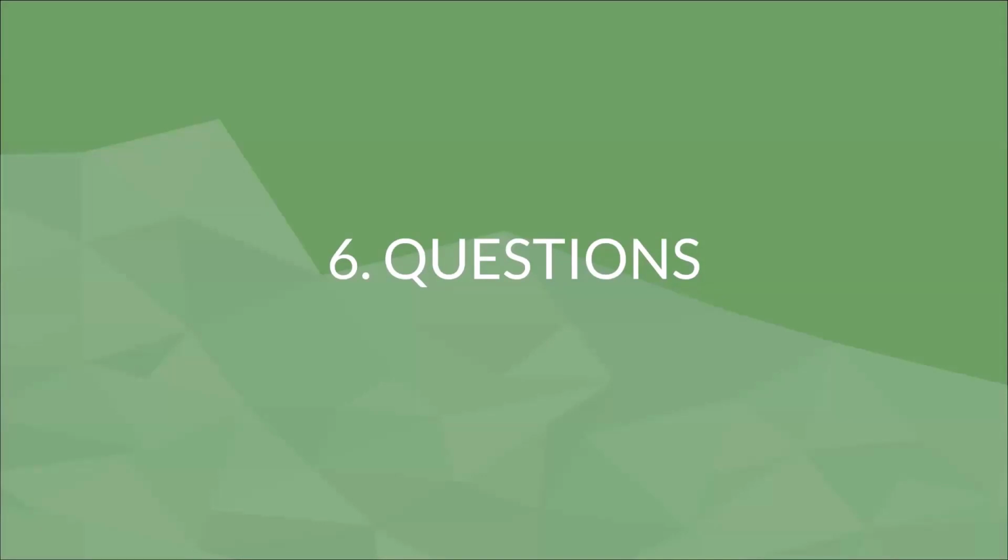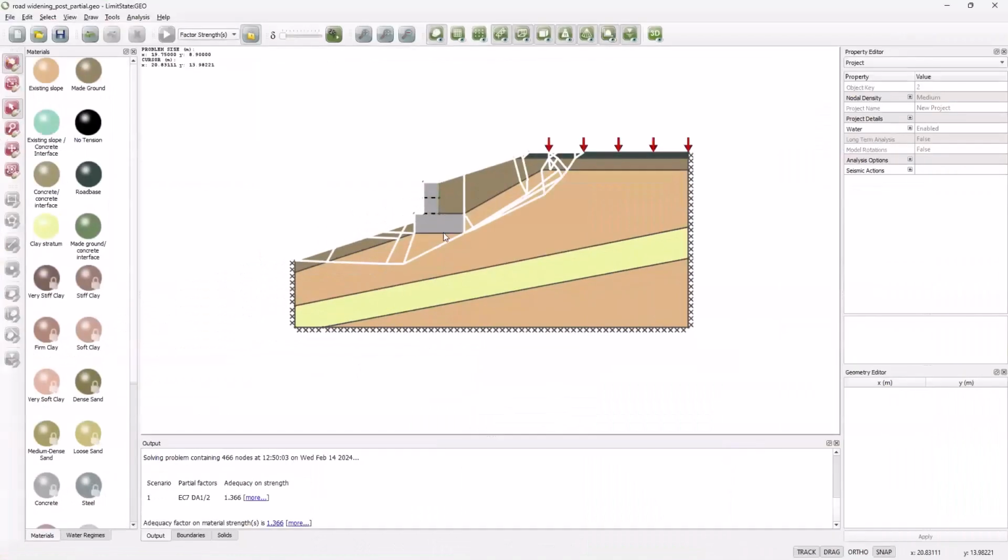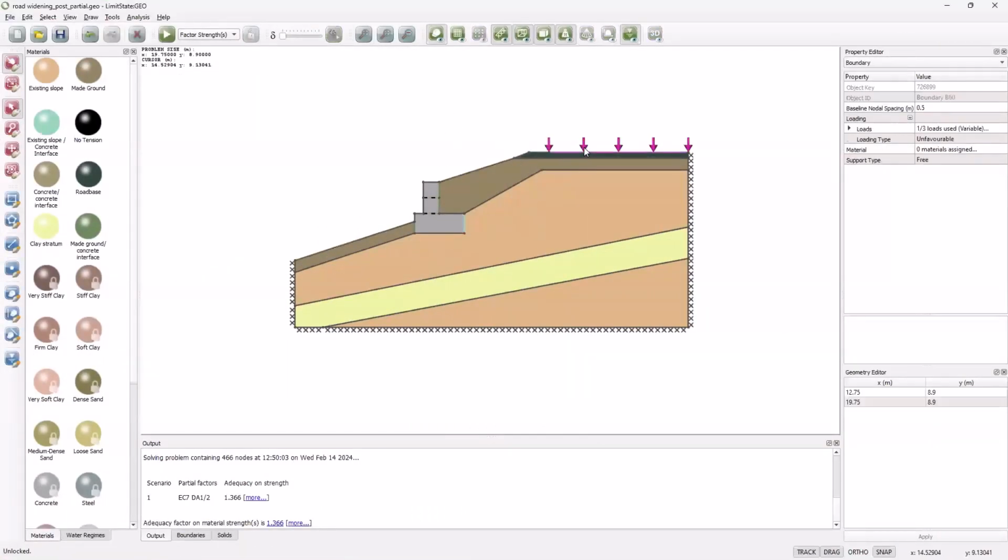Another question: is the adequacy factor true or false on soils important when assessing factored loads, or is it only related to surcharge loads? So that is important. Let's just bring the software back. So I didn't have time to talk about this, but if we're doing a factored load analysis, so that's with this setting,